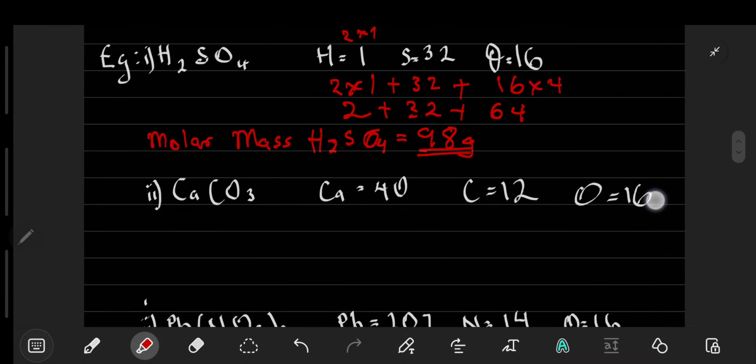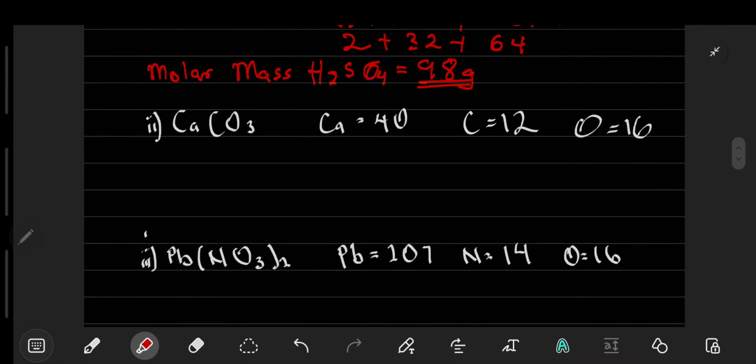Alright, so we could also try that for calcium trioxocarbonate 4 acid, and then the unit mass for each atom has been given. Okay, so we have 40 grams for calcium. Calcium has its mass to be 40. Carbon is 12. And then oxygen is 16, but we have 3